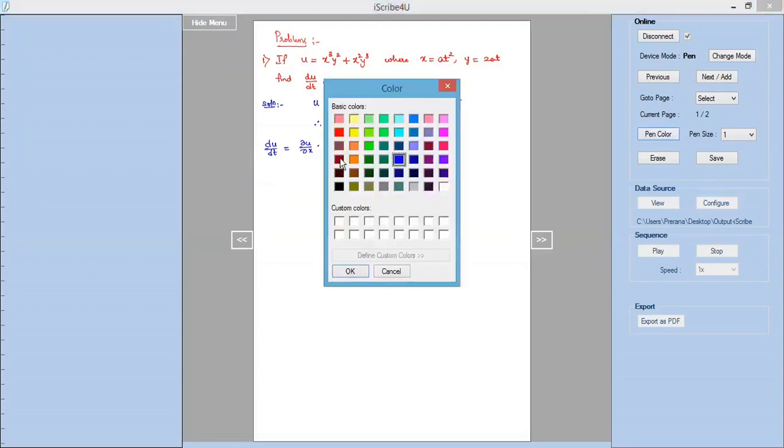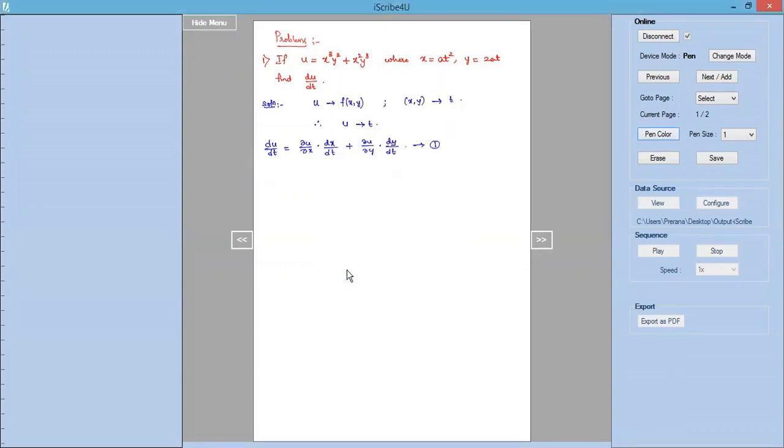First we will consider u is equal to x cubed y squared plus x squared y cubed, and let's find out the partial derivatives dou u by dou x and dou u by dou y. With respect to x, y squared is a constant, writing as it is. Differentiation of x cubed is 3x squared, plus y cubed is a constant, writing as it is. Differentiation of x squared is 2x.